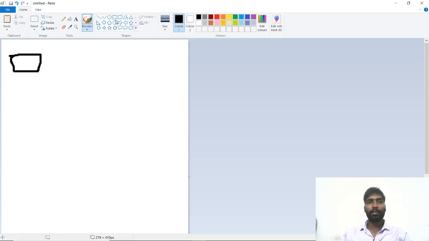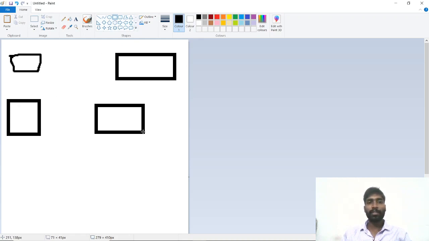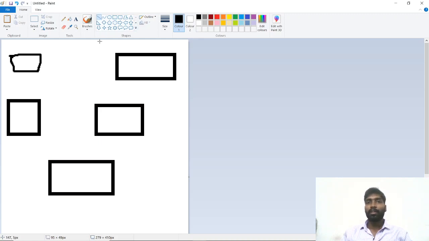Now 10 different tables are there. Each table stores some particular information. This many tables are there in a database, and each table is connected with each other.